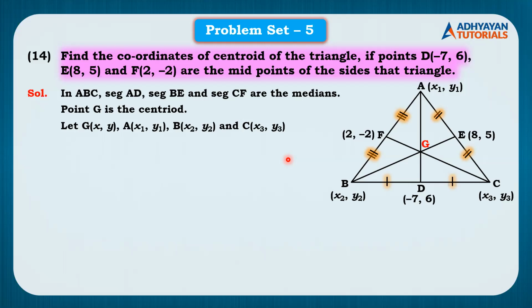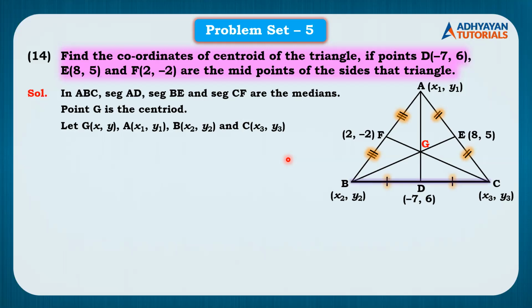So I hope all of you have understood why there was a need of drawing the medians, because unless we draw the medians, we will not get the centroid. Sure? Okay, now further. Students, we know D, E and F are the midpoints of the sides of the triangle. So since the word midpoints has come, in our previous lectures we have understood there is a formula known as the midpoint formula. Yes or no?